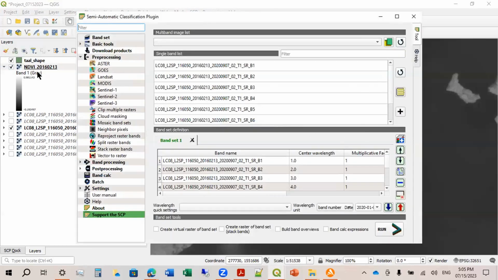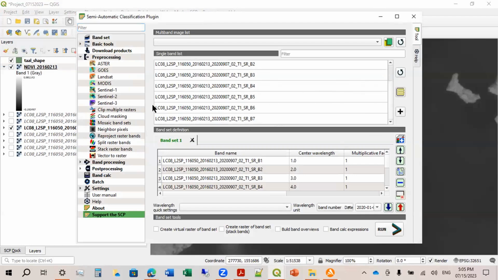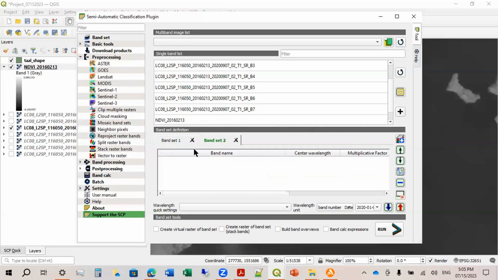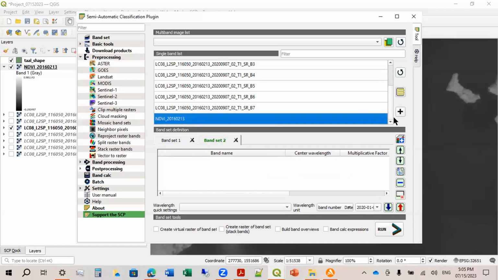You will notice here that we have another band, NDVI. It will appear here if we press refresh. This one is the new layer that we made earlier. So let's add the new band set here. Click NDVI and then click add. So this is now band set number 2.